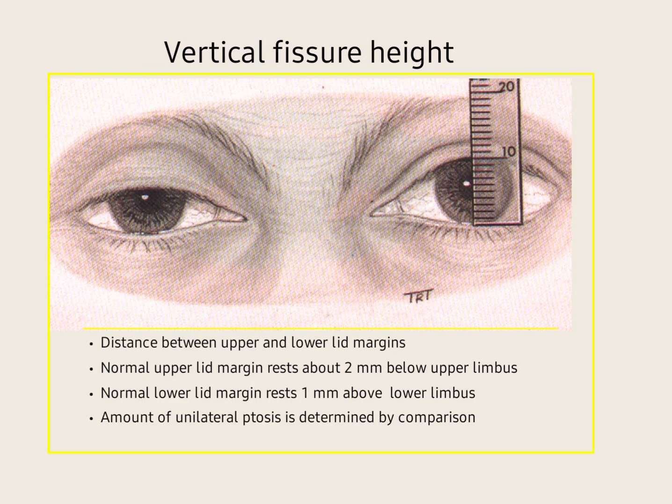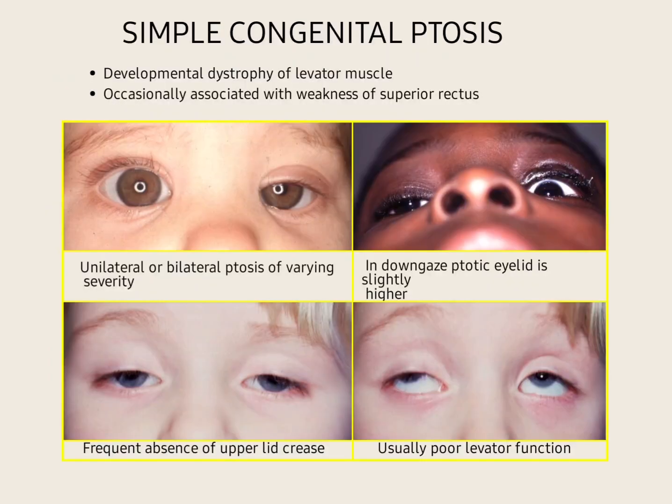Vertical fissure height is the distance between the upper and lower lid margins. The normal upper lid margin rests about 2 mm below the upper limbus, and the normal lower lid margin rests 1 mm above the lower limbus. The amount of unilateral ptosis is determined when you do a comparison between the two. So like in this